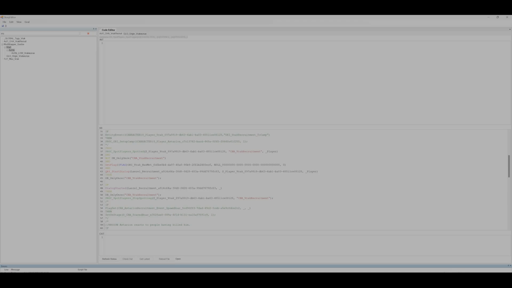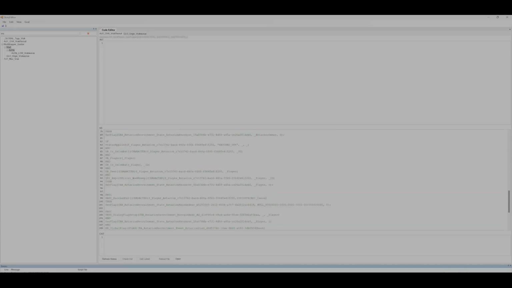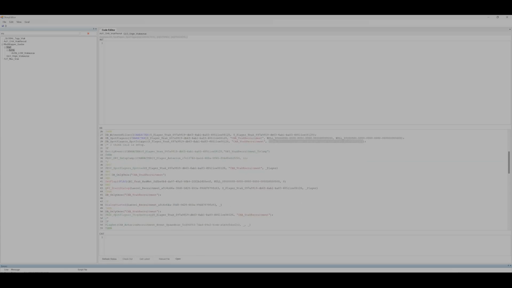Not entirely sure. Then it starts a dialogue here, which is forcefully, in this case, LSL recruitment, which we saw. The player is the speaker and the players are the target. Then I guess it flags this to be true, so it cannot happen again. Or if the dialogue has already happened, it cannot happen again. That's how it pretty much works. There might be more to it than I actually know, but